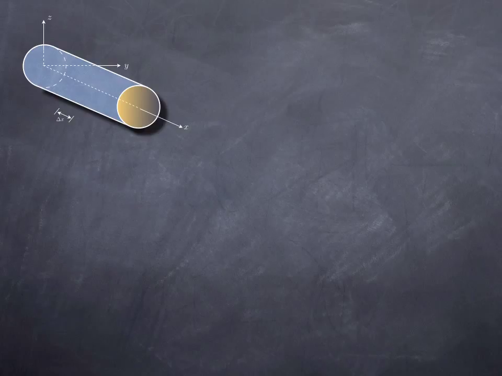We are now looking at a circular shaft, and let us use x, y, z to denote the axial and the two cross-sectional coordinates respectively. Let us focus our attention onto a segment of this shaft of length delta x, and let us assume that we are applying a torque to this shaft of magnitude m_x. Sometimes we use this little circular arrow to denote the direction of the applied m_x and its magnitude, and sometimes we use the double-tipped arrows to